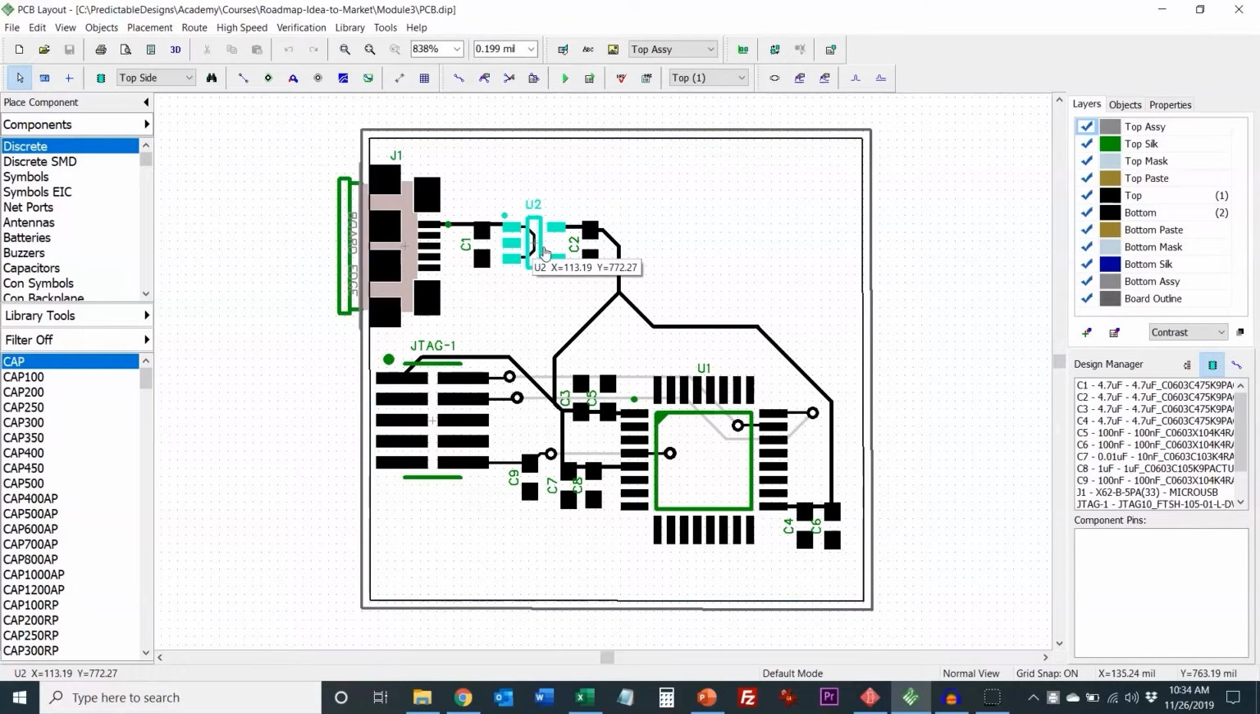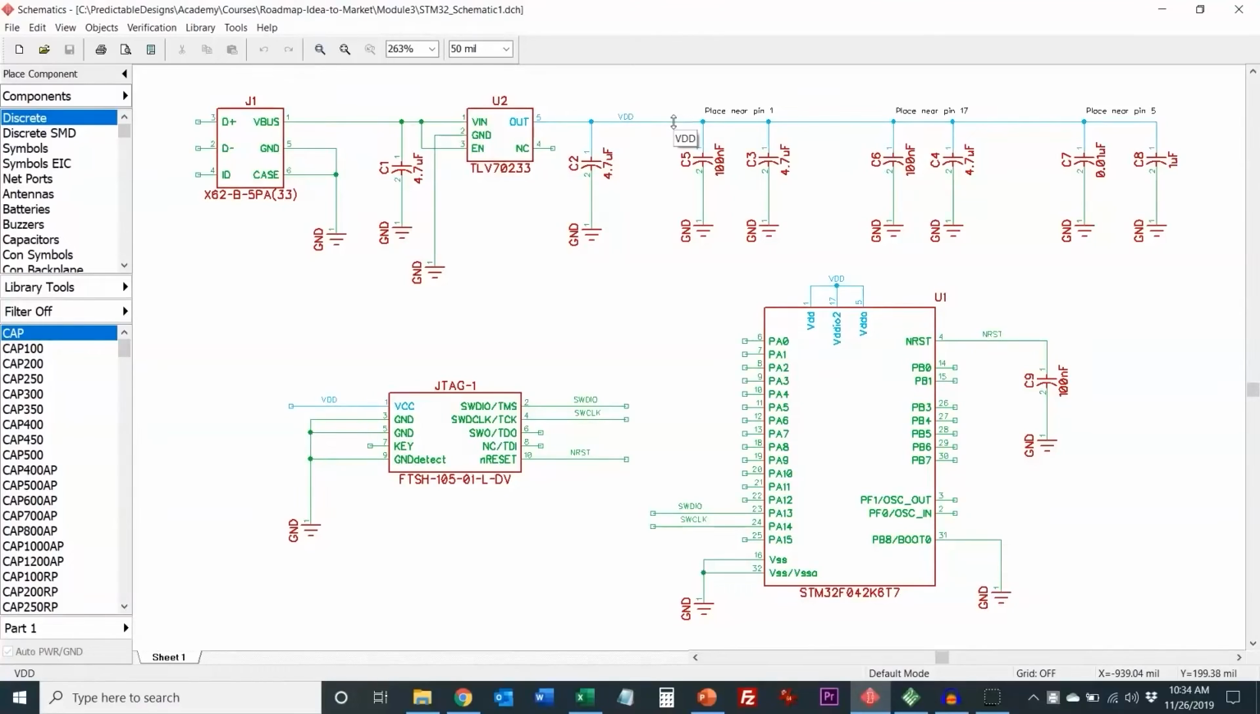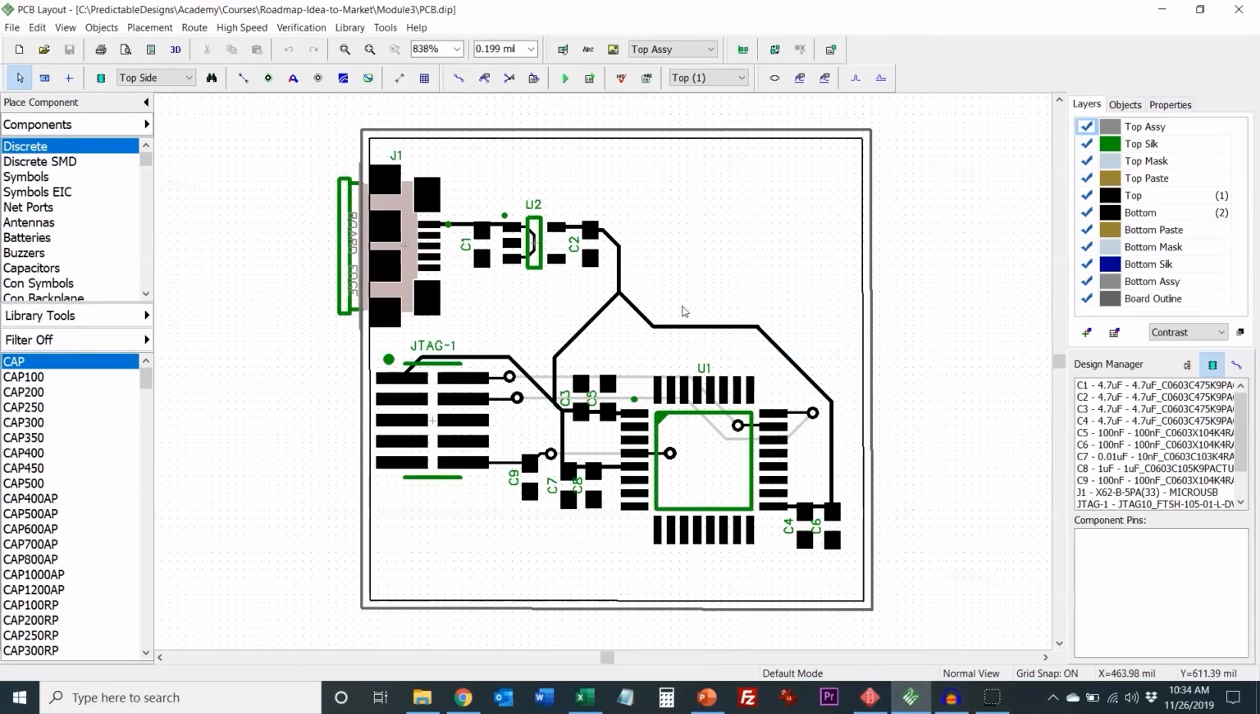U2, this is the linear regulator that takes the 5 volts and outputs it to 3.3. Then this line here is the VDD line. That was this line here in the schematic that goes to all these capacitors, it goes to the microcontroller, and it goes to the programming connector. That's this trace here, and you can see how it ties into the microcontroller, and it ties in through these